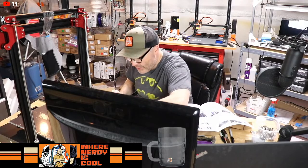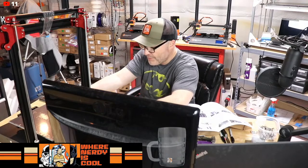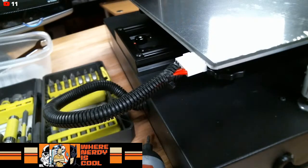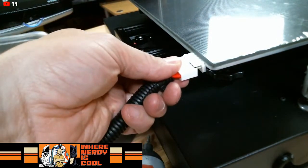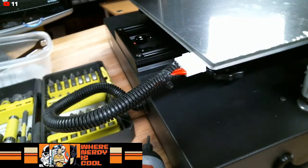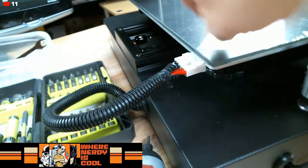connect what I think should go where. So I am assuming you are gonna go here like so. And let me show you that, that's an interesting connector. That's worth sharing. I'm curious how this is gonna work in the long term. It's an interesting connector. But, so there's our bed. I should probably do the satisfying peeling of the